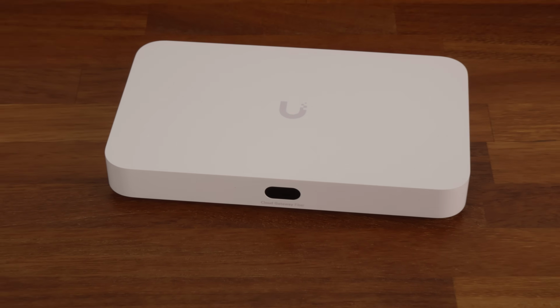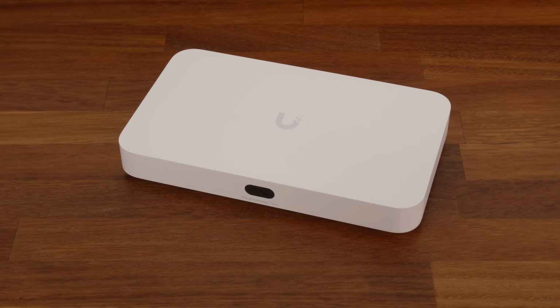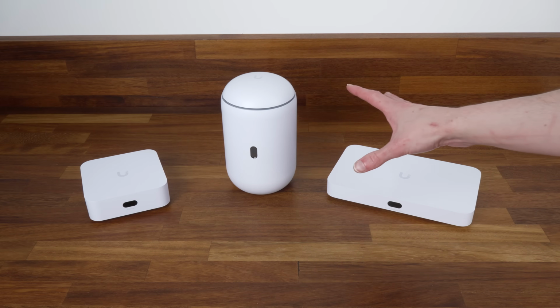So yeah, that's UniFi Cloud Gateway Fiber. And this is a really, really nice device. I think this is the device I'm most excited for out of this, because I could see this being really useful in a lot of small business environments that don't have a comms rack, but still want decently powerful network hardware. Now, the final thing I want to quickly mention with this hardware is just something to bear in mind,